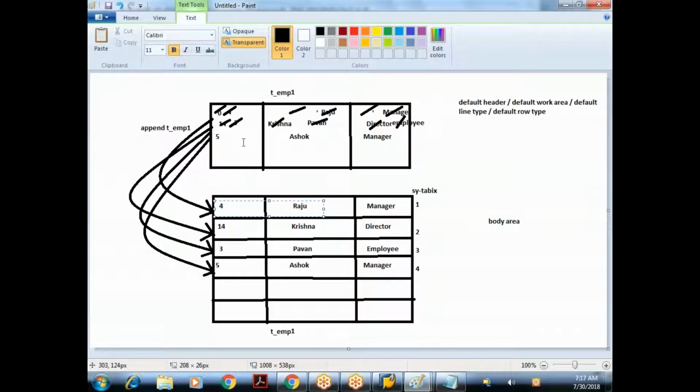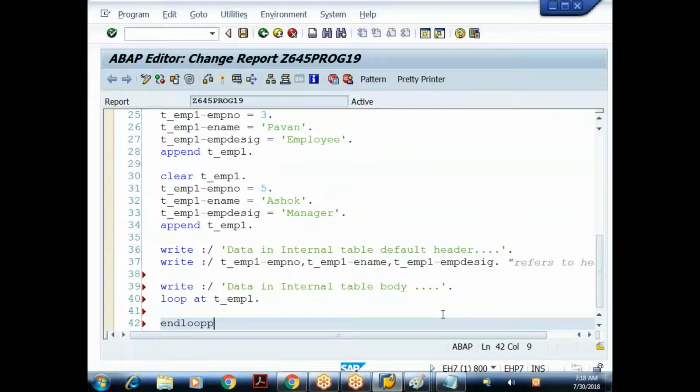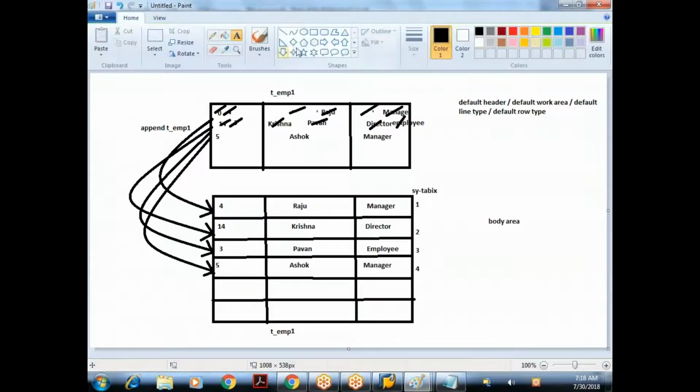The write statement can only refer to the header, not directly to the body. So I have to use a looping statement: LOOP AT T_EMP1 and ENDLOOP. The loop statement always starts from the first record. It will copy this record from the body to the header. What is the first record here?